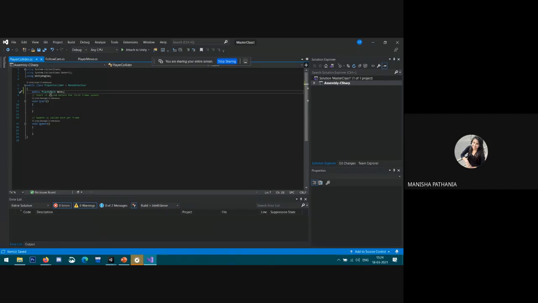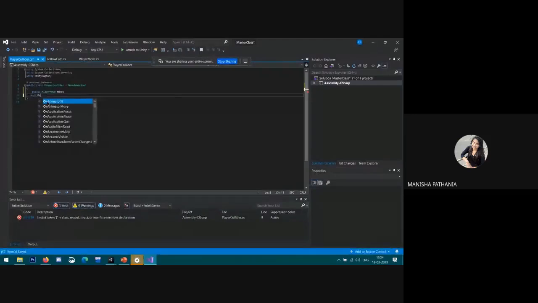After that, we don't want these functions now, because for adding a collider in our game we need to add a function called void OnCollisionEnter.